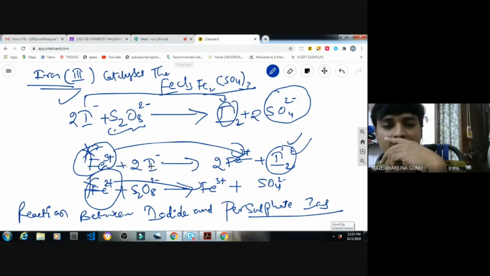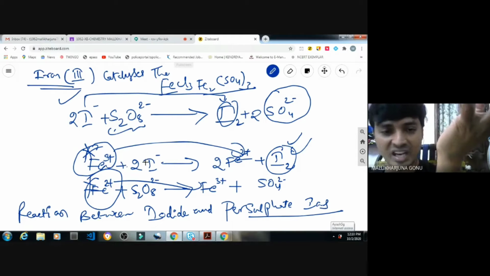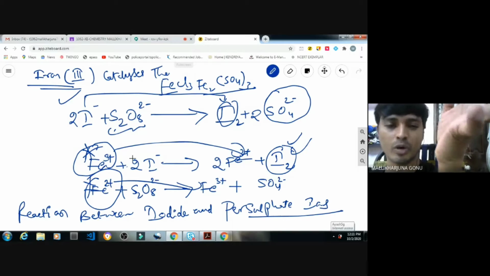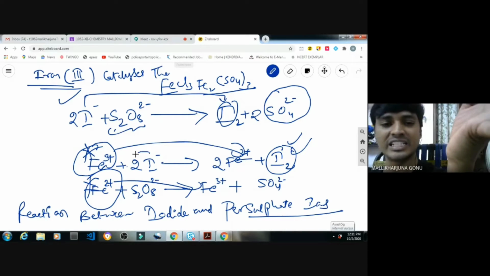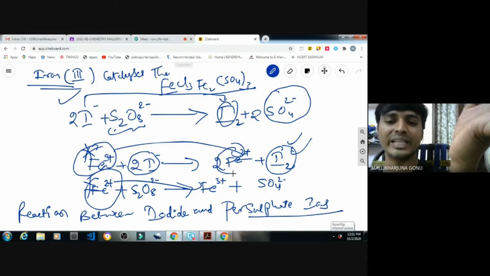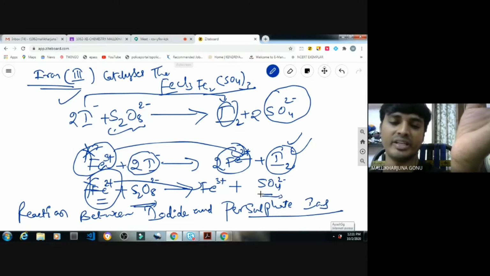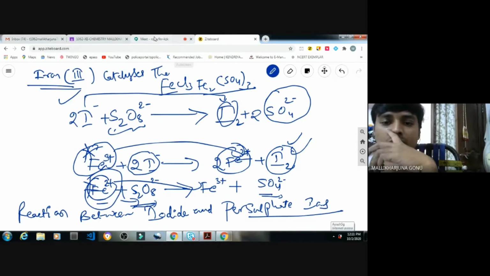It is powerful here. Compared with this, Fe2+ and H2O2 (peroxodisulfate), Fe3+ is the good oxidizing agent and can easily oxidize. But here it cannot oxidize, so it reduces by itself, though it is not a d5 configuration. Since it is powerful, that is how iron goes to Fe3+, then Fe2+. When that Fe2+ comes in contact with the peroxodisulfate, that will convert to sulfate. Itself it is getting oxidized, but it is reducing the other one. So that is the meaning of that.